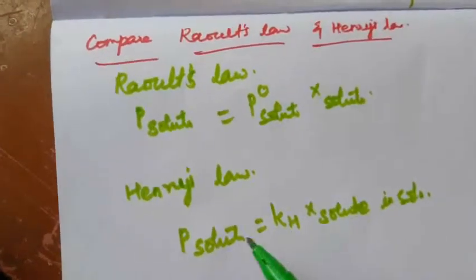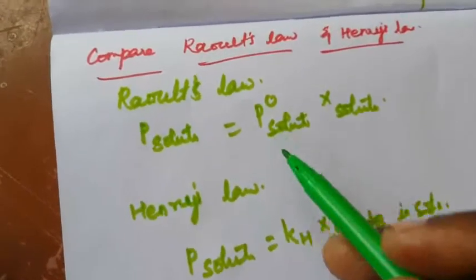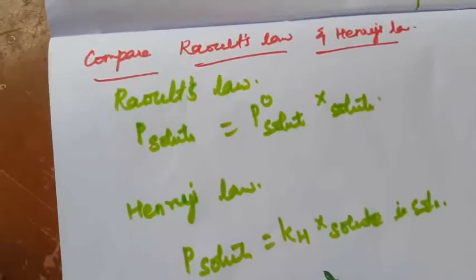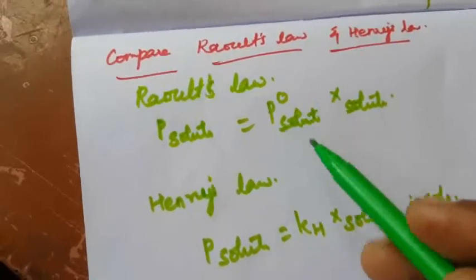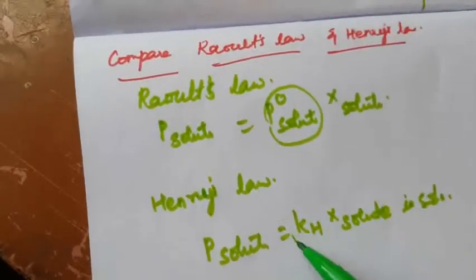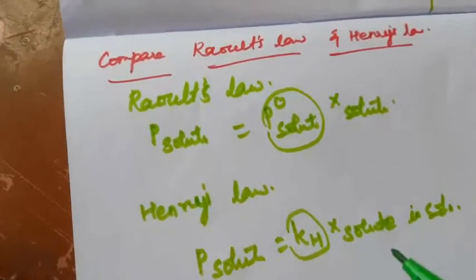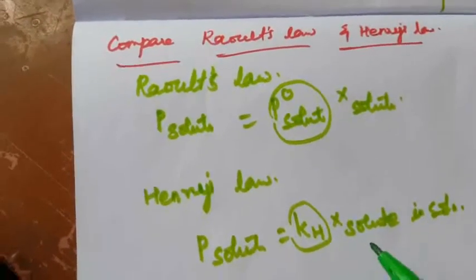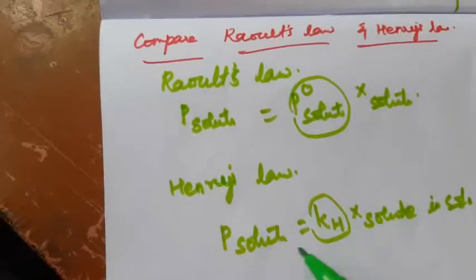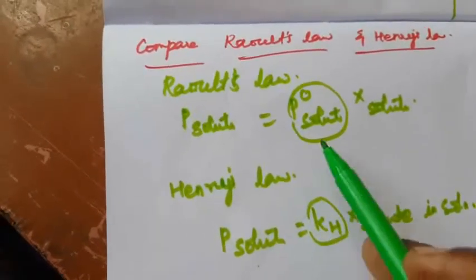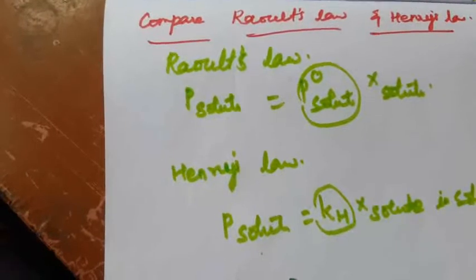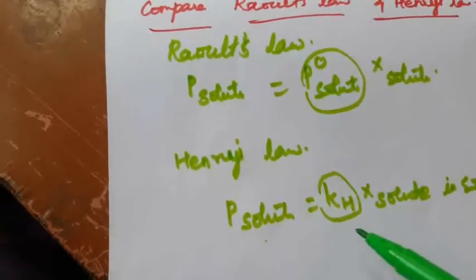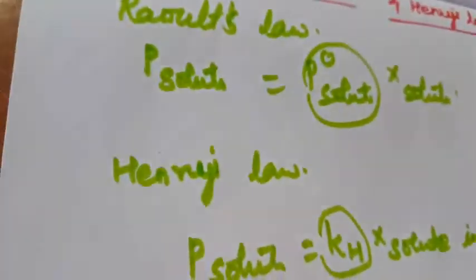The difference between the above two expressions is the proportionality constant, P0A and KH. Henry's law is applicable to the solution. So here that is the only difference. The P0 solute, Raoult's law la idu irukudhu. So idhula KH irukku. Remaining everything will be same. Henry's law is applicable to solutions containing a gaseous solute in a liquid solvent. Raoult's law is applicable only to a non-volatile solid solute in a liquid solvent. If the solute is non-volatile, the Henry's law constant becomes equal to the vapor pressure of the pure solvent. So this is the only difference between Raoult's law and Henry's law.